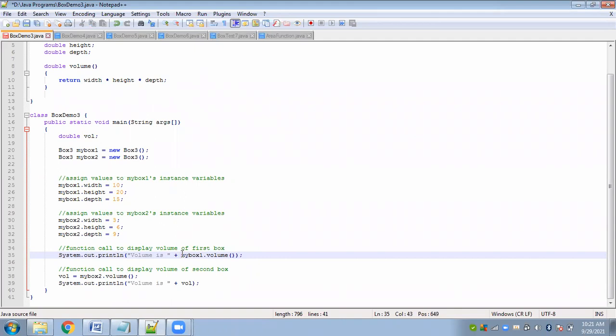It's a very simple program. Here we are basically using 2 classes, Box3 and BoxDemo3. Box3 consists of the data members and the member function, and BoxDemo3 consists of the main function from where we will call the Box3 class members. We will calculate the volume and we will display the volume. Because the first class contains non-static members, we have to create objects for that particular class inside the second class. We are creating objects for the first class so that, using those objects, we can access the members one by one, and accordingly calculate the values for the objects.